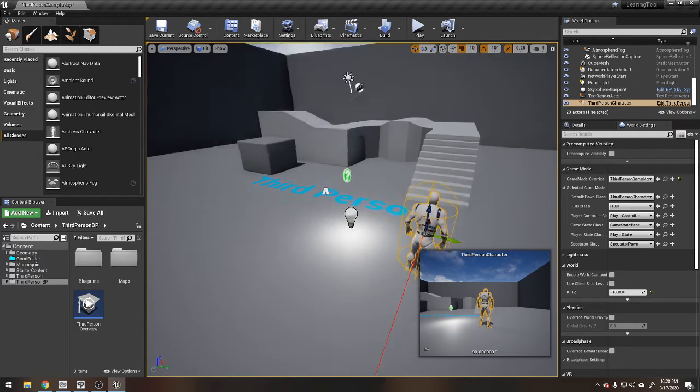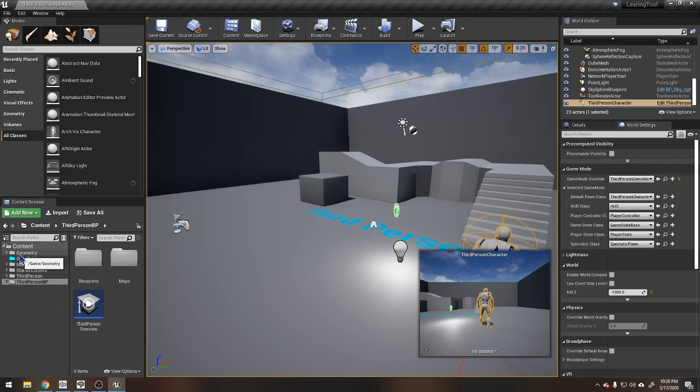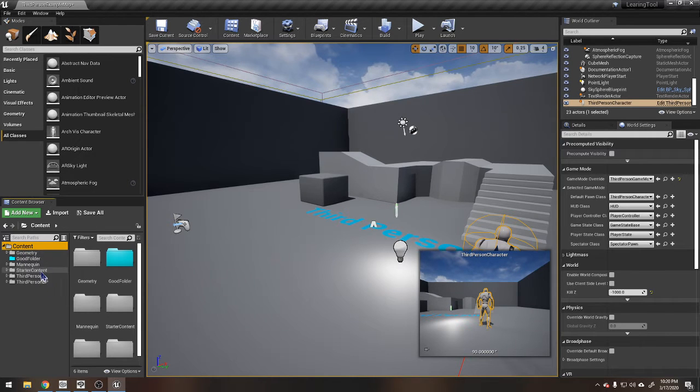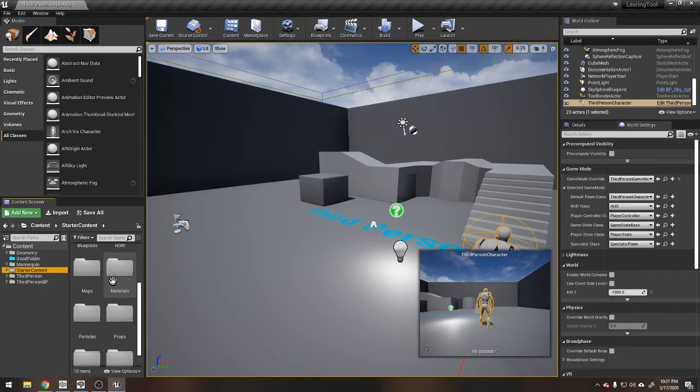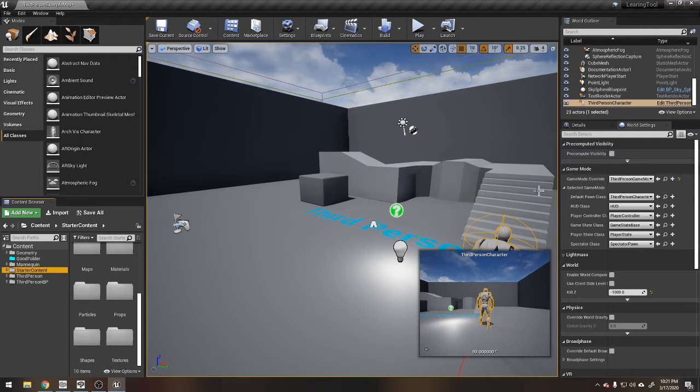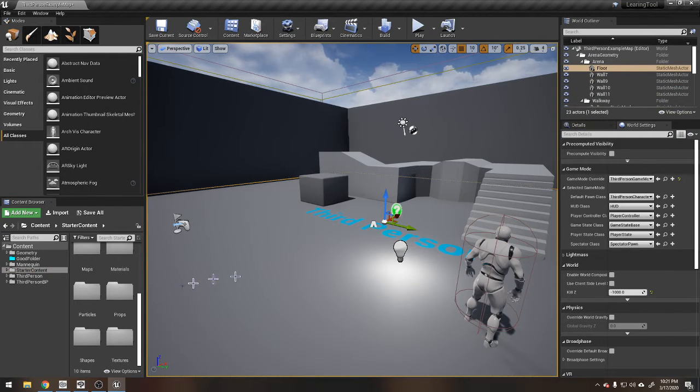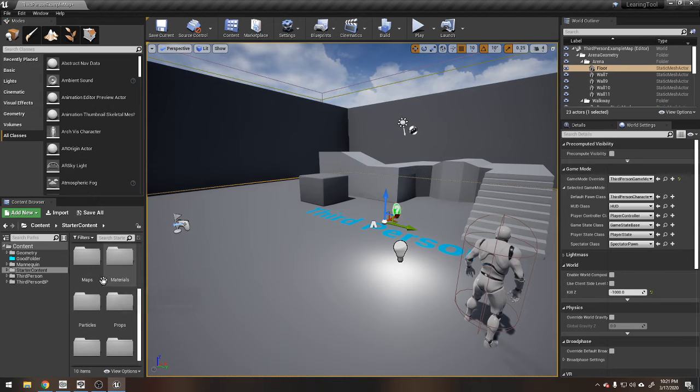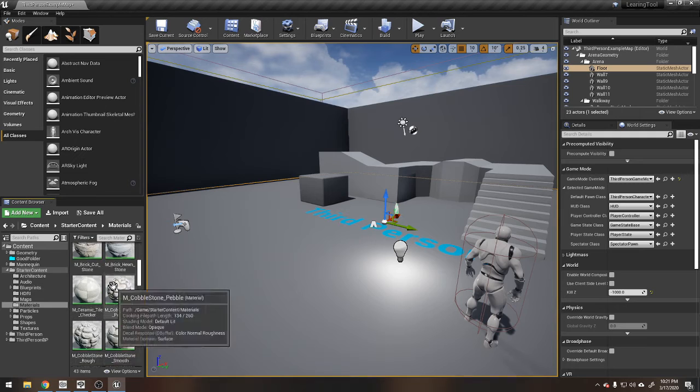Let's actually do some stuff to this world. So this is your content. Let's come to starter content. So there's your starter content. This is the content that it opened up beforehand. I mean, that we said that we wanted in here. And let's just mess with some things instead of going to all the detailed stuff. All right. So materials. Let's come to materials. So double click that, and here's all the materials